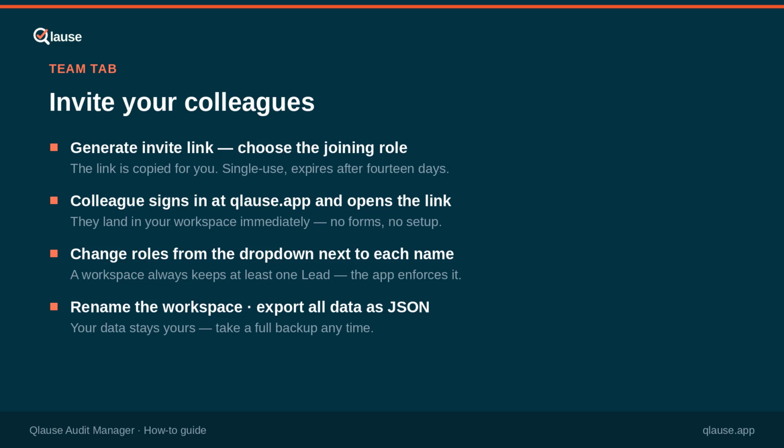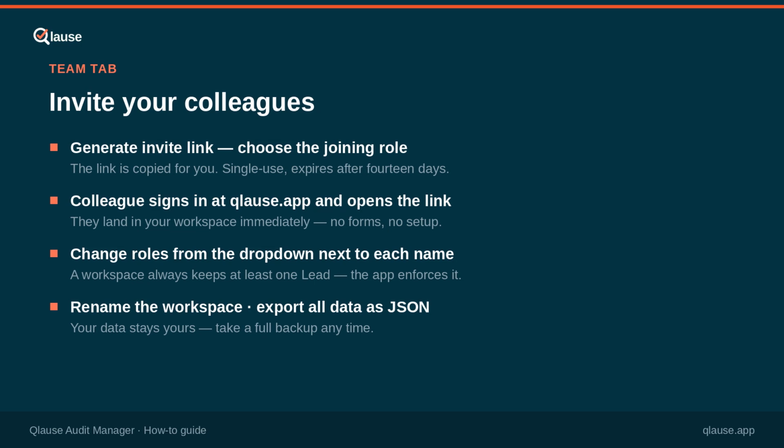To build your team, open the Team tab. Click Generate Invite Link. Choose the role the person should join with, and the link is copied for you. Send it by email or chat, however you like. Each link is single-use and expires after 14 days. Your colleague signs in at qlause.app with their own email, opens the link, and lands in your workspace. You can promote or change anyone's role from the drop-down next to their name. The app makes sure a workspace always keeps at least one lead. From the same tab, you can rename the workspace and export all its data as a file whenever you want